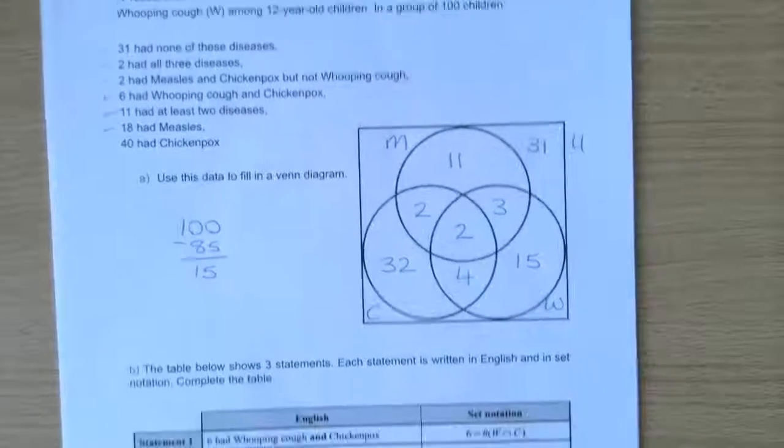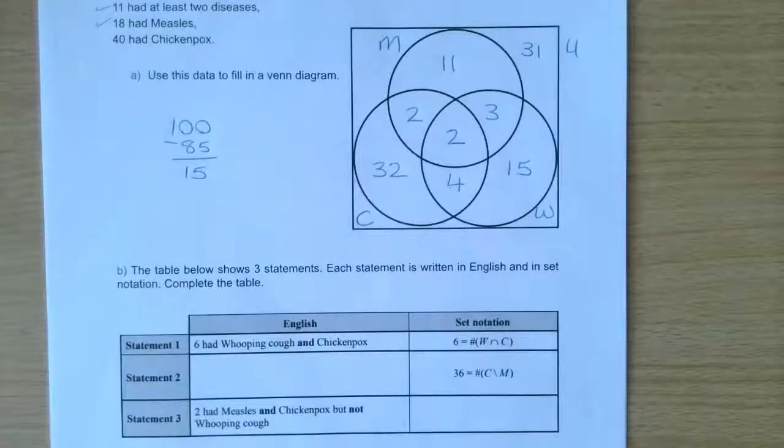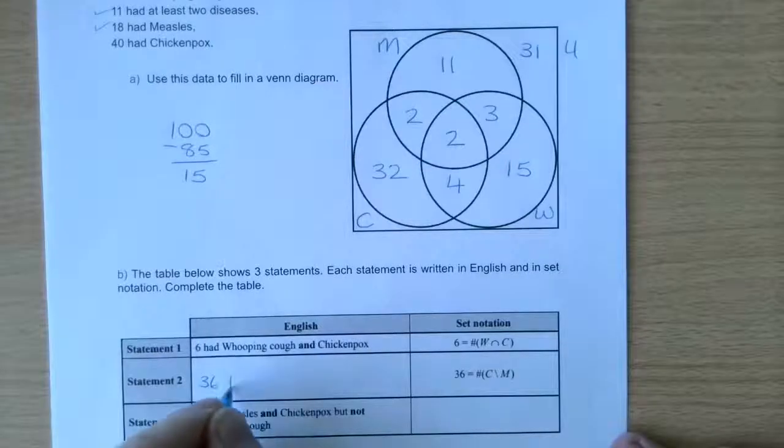Part B of this, we have to use our Venn diagram to answer the following statements. Statement 1 is done for us: 6 had whooping cough and chickenpox. So that's the part here. So it's the number of people who had whooping cough and chickenpox was 6. This one here gives us 36 people. 36 people had chickenpox but not measles. So it's 36 had